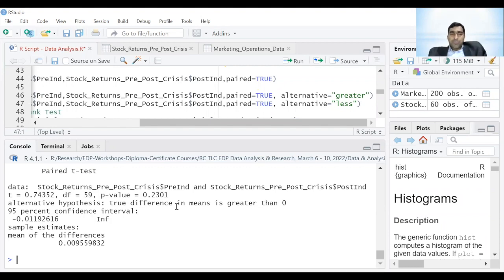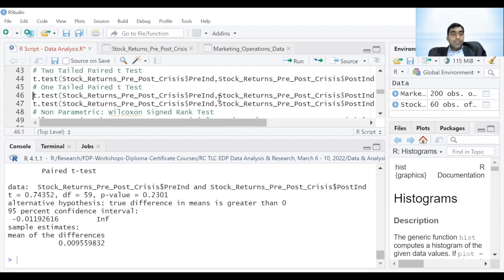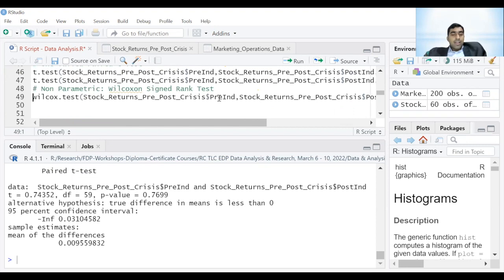But we generally don't prefer a one-tail test because we don't know in advance. For example, you don't know in advance whether pre returns will be more or post returns will be more. So you don't know whether the pre minus post difference will be positive or negative. So, that's the issue. Okay, so similarly, you can run the lower tail test, and similarly, you can run the